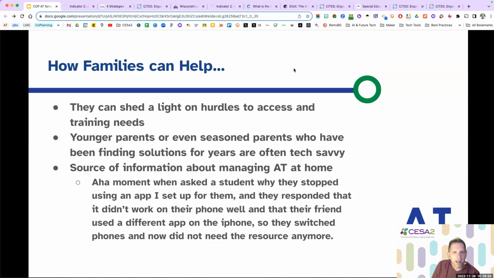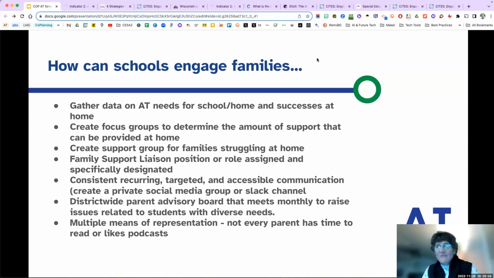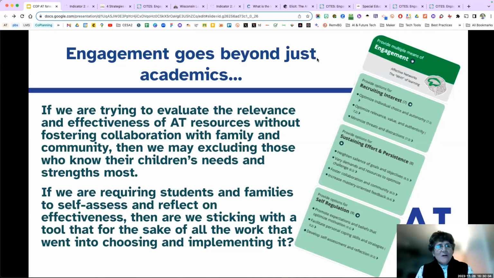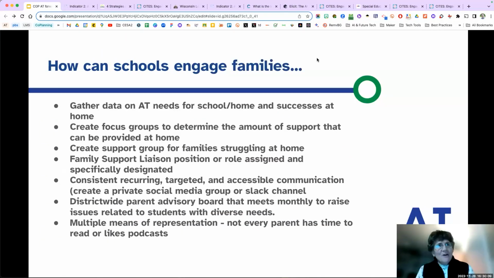Any thoughts on that, Kath? Well, yeah, you think about when you went back a few slides and we were talking about the state statute and getting the student involved in the assessment process. I think that's a huge part of this, and the family. What are your goals for your son or daughter? What is your son or daughter's goal? Having them be part of that assessment process is huge, because we can come up with the best tech in the world, but if the kid won't use it, it's useless. It's a great paperweight.